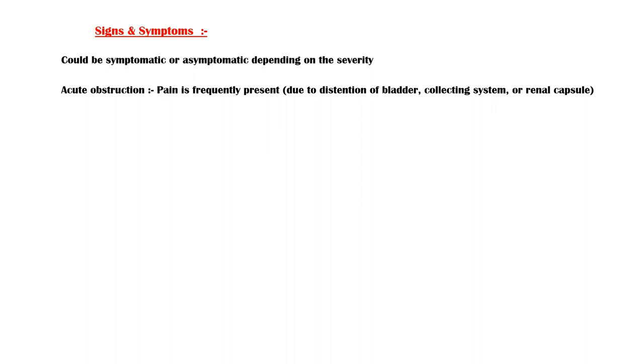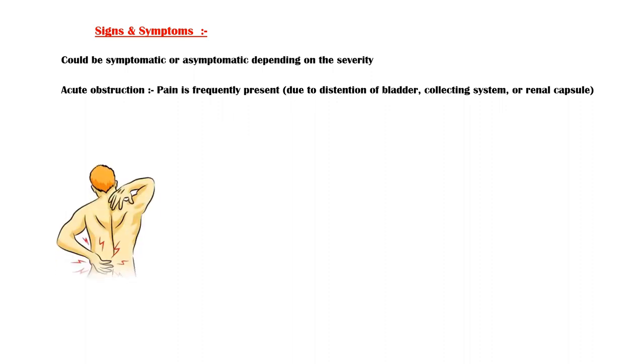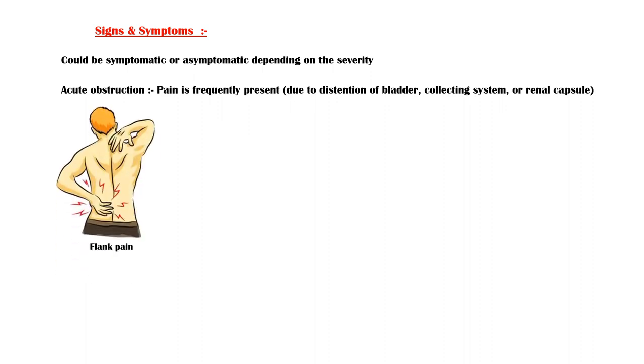Now let's discuss the signs and symptoms of hydronephrosis. Hydronephrosis could be symptomatic or asymptomatic depending on the severity of the disease. In case of acute obstruction, a dull pain is frequently present due to distension of the bladder, collecting system, or renal capsule. The pain is felt in the sides or back of the abdomen and is referred to as flank pain. In case of acute complete obstruction, like with a ureteral stone, a severe pain is felt, which is called